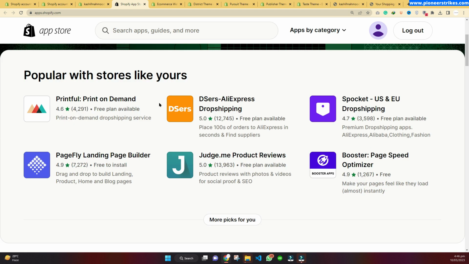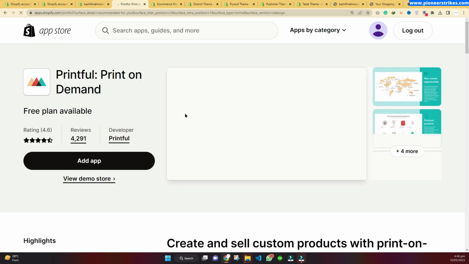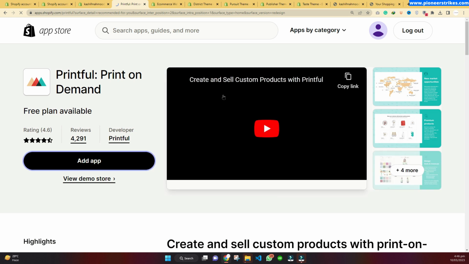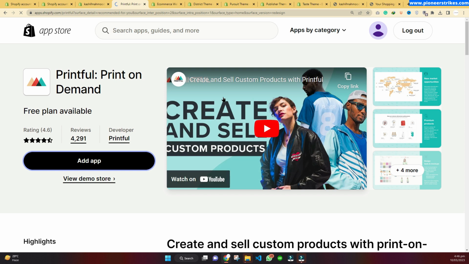So if you want to add print on demand to your store, you can add a print on demand app. We will click on it, and if we want to install this app, we just need to click on add app to add it into your store. After installing this app, we will be able to set up a print on demand store